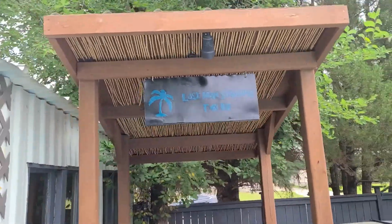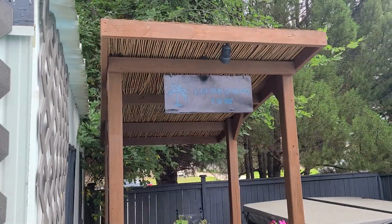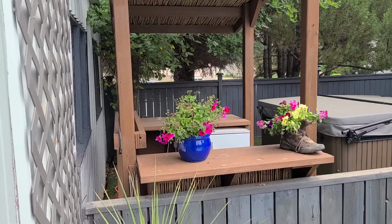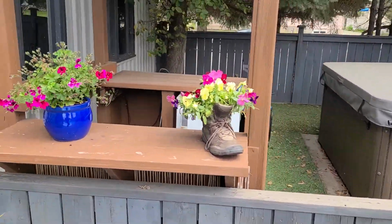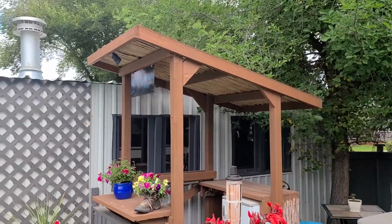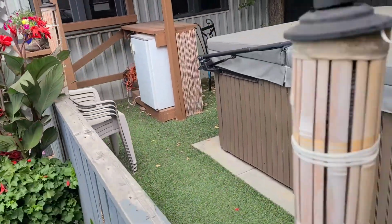Alright, this is a Tiki Bar built, I'd say 5+ years ago. Found some instructions for it. I made them for a cousin who never ended up using them. Thought I'd give you guys a rundown and I'd attach the instructions after. So it's basically,